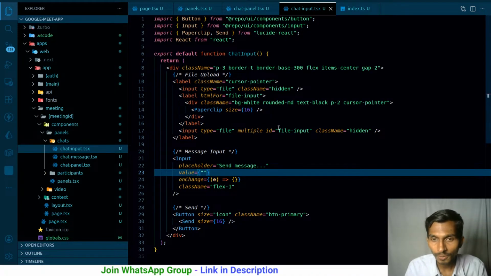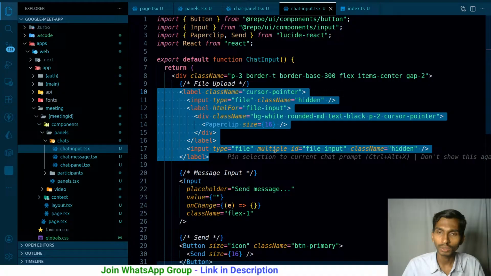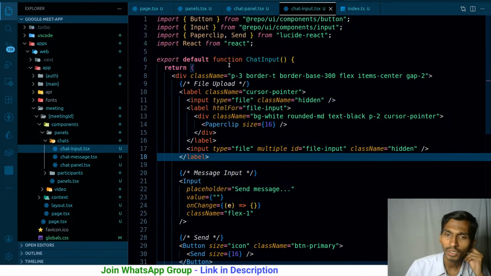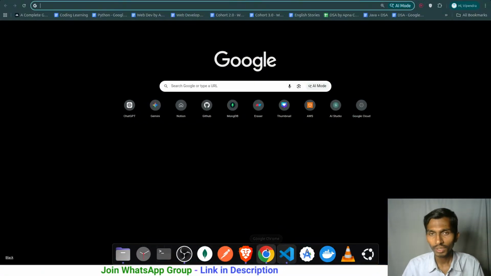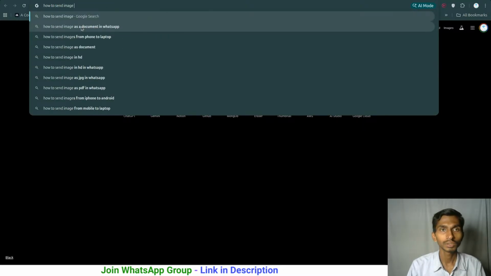And apart from this, what was I working on yesterday? I was mainly working with this thing. What do we have to do? First of all, we have to get the input files. Once we get the files, we have to convert them into the form data format. And once I have converted them into form data, then I have to send it to the backend. So this is how it should be. Mostly images are sent using forms, and that is why we need to convert them to form data. If I just search how to send images